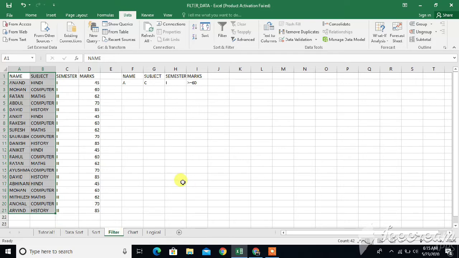Data filter is to obtain certain data which is required in any condition. Like for example, here the data is of Hindi, computer, maths, history, etc. So you want to have the data of the students who have opted maths only. So what you're supposed to do, click on any cell and then go to data menu, and then